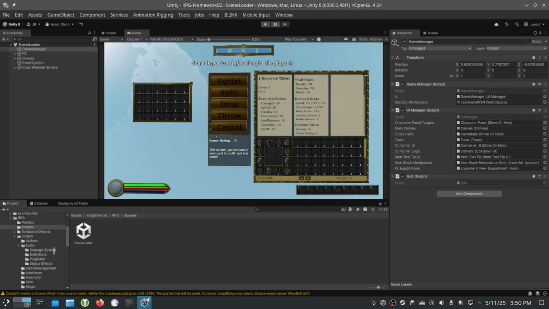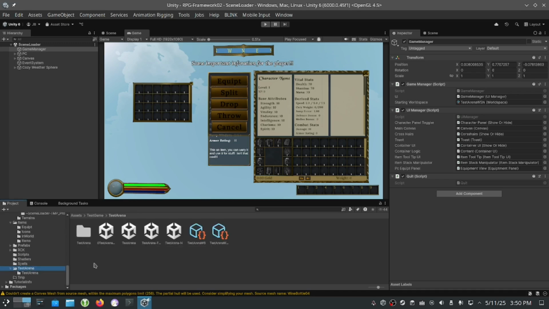Well, I'll just go over here, and you can see up here I have the code for the systems, and then I have down here test game. The island I'm using, I am going to use a version of that island, but right now this is kind of a test setup. But if I go to the test arena,